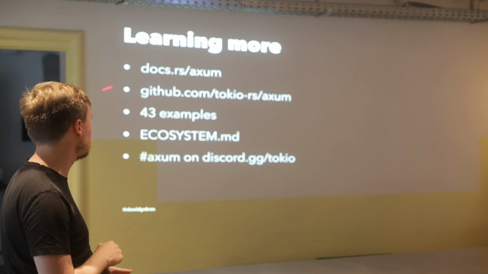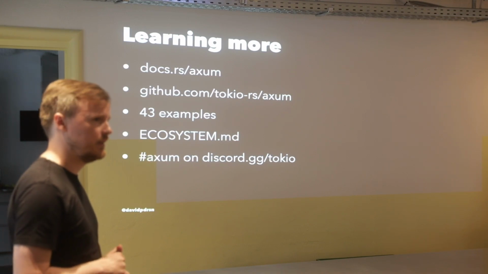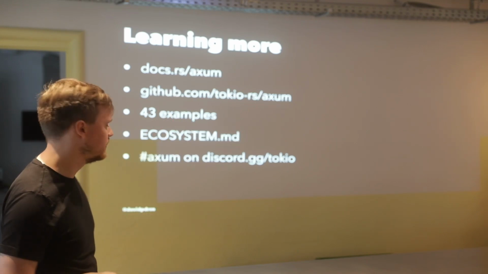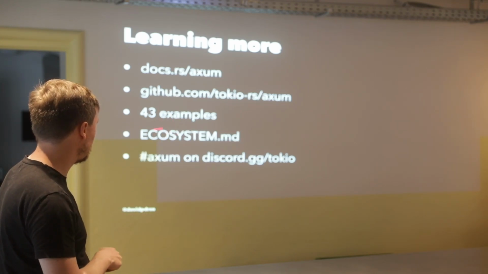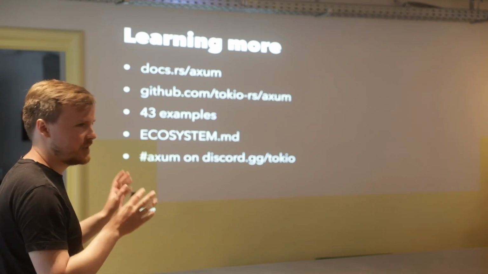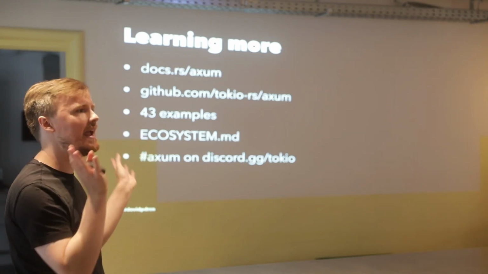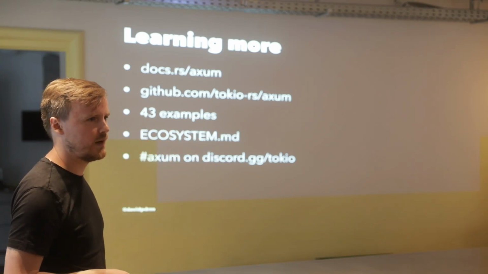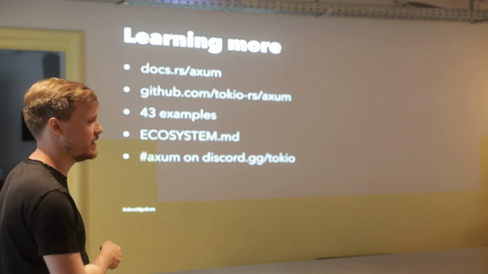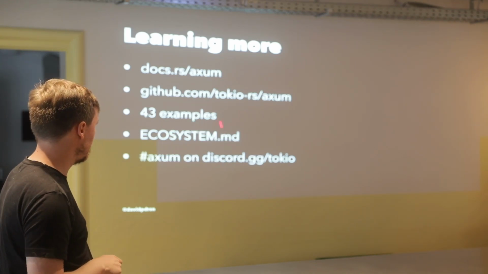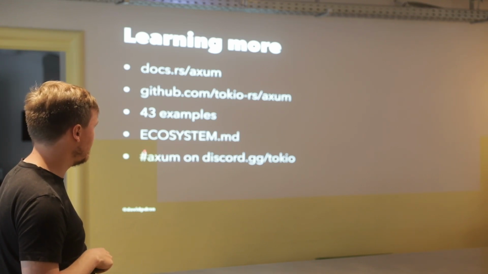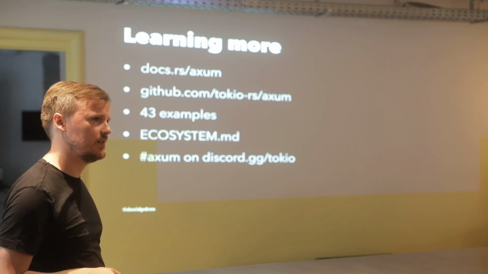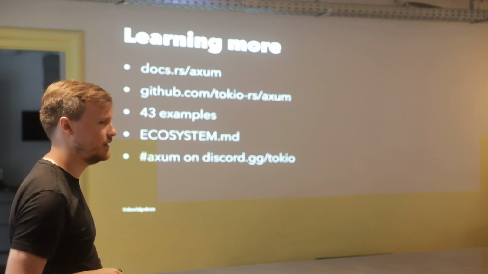As of last week, I think we have 43 examples in the repo, and there's everything from OAuth to a chat web server with WebSockets and all kinds of different things. We have a file called ecosystem.md, which is just a place that people can dump links to things they've made that use Axum. Either it's an open source project, or a crate they made, some library, whatever. So there's a bunch of cool libraries in there that are related to Axum. And if you have any questions, I effectively live in the Axum channel on the Tokio Discord. I just have it open all day while I'm working, and I usually answer questions there all the time. If you're ever stuck, hop in the Discord.